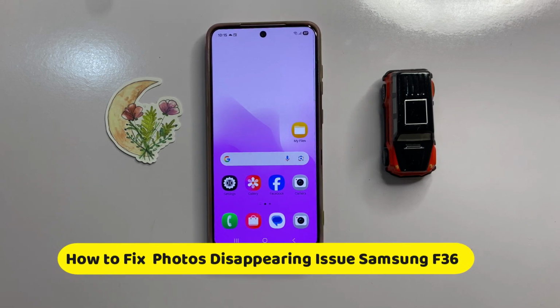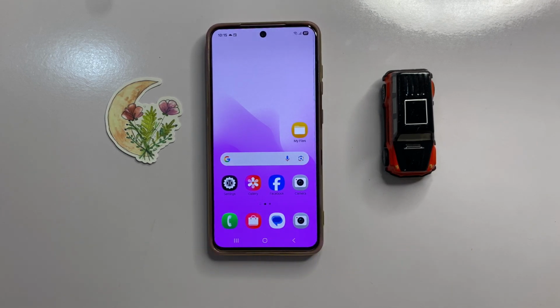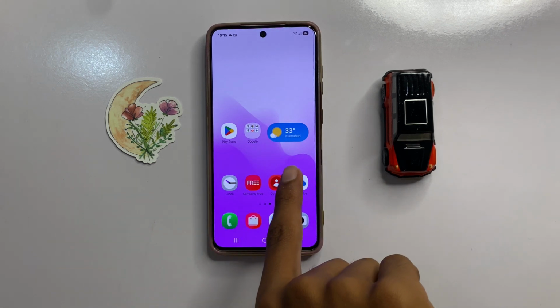How to fix photos disappearing issue in Samsung F36. So let's start the video. First of all,